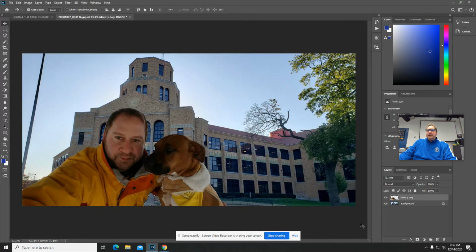I'm going to turn back on my background. And ta-da, voila, select, deselect. It shows me in front of the school building. Now, if I want to trim this down, I can crop the whole image. I'm going to select that